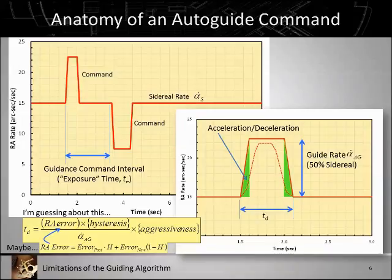Sometimes what you'll find out when you're doing auto guiding is that taking this pulse width and using the full pulse width, you end up overestimating or overcorrecting for the error. Then you'll compute a correction to compensate for that error, and you'll overshoot, and it becomes a bit of a tail chase where you never quite catch up. So one way to solve that is by